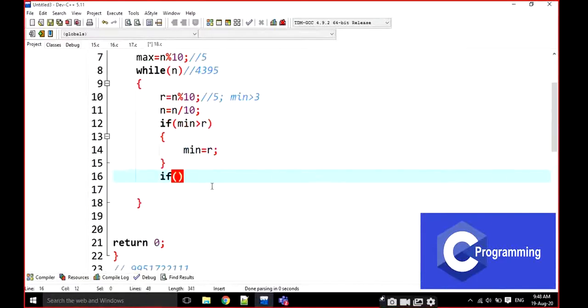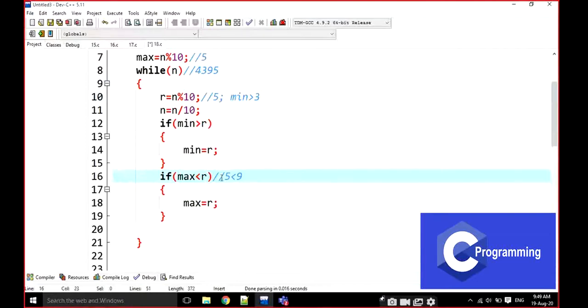If maximum is less than this digit, then maximum is equal to r. What I am telling here, for example, the maximum value is 5. I am assuming that the last digit is 5 and here it is 9. Is my maximum value less than the present digit? Yes. Then the new maximum value is the digit. The same thing. That's it. Nothing else. Very simple, 2 lines.